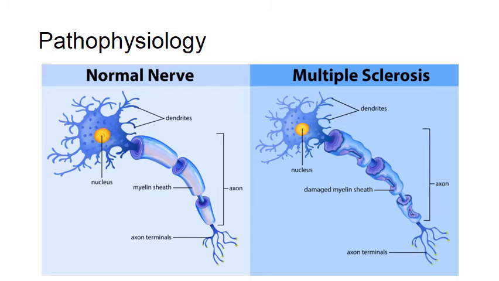This picture shows what a normal nerve and the nerve of someone with multiple sclerosis looks like. In the normal nerve, we have healthy myelin sheath. In multiple sclerosis, we could see that the myelin sheath has been damaged. The immune system has attacked the myelin in a process called demyelination. In early MS, the myelin sheath will recover, however, it'll just be scarred. In late MS,